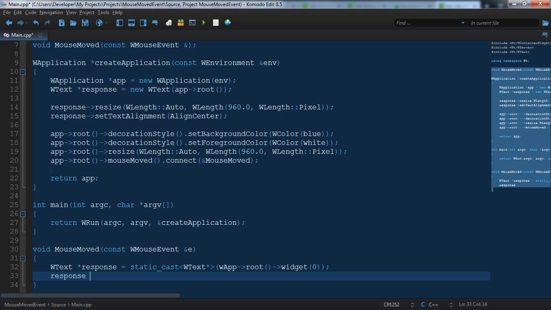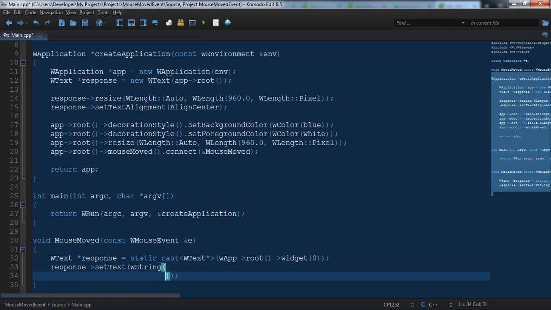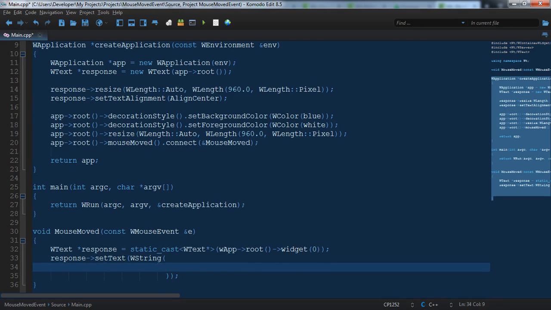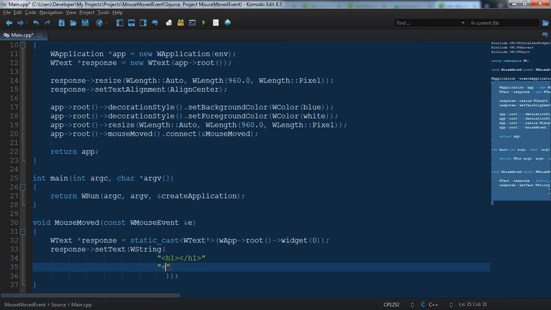Okay, and now that we have the response object, we just do it like we usually do. We set text, and I want to add a WString to this. So now we have a WString. Okay, now let's make this a little bit more legible. Let's tab this, and we want to add a header or a heading. Apologize for that, and we're going to do another one. Okay, we have two headings,